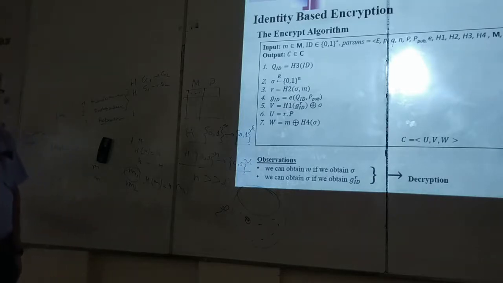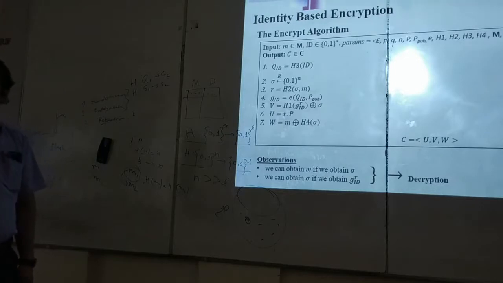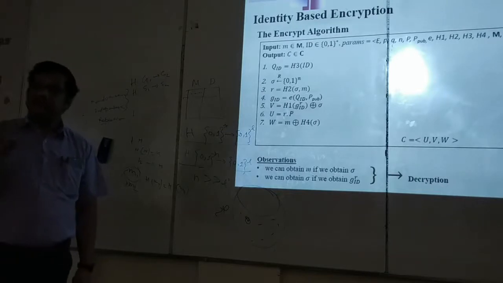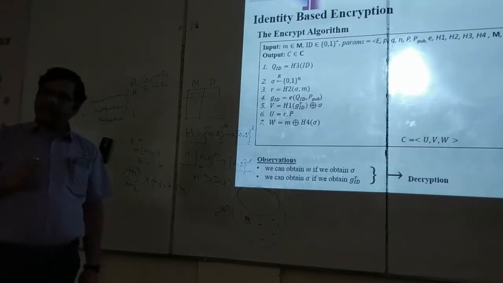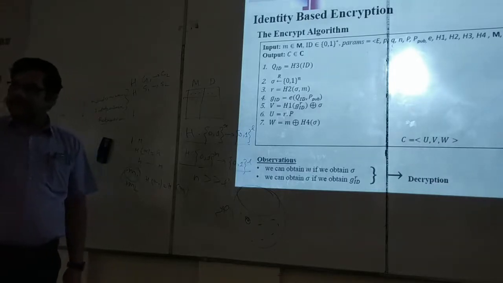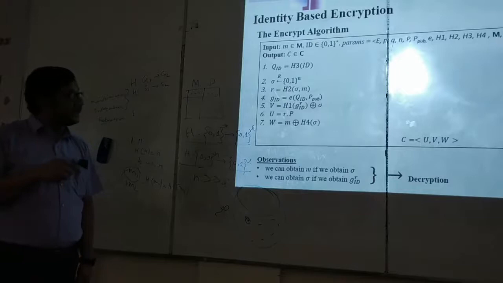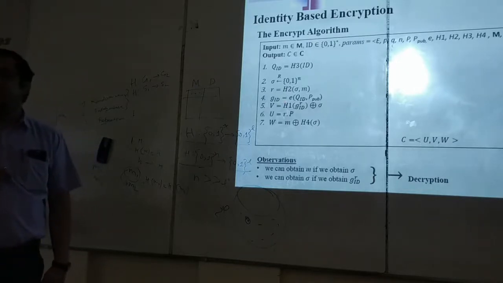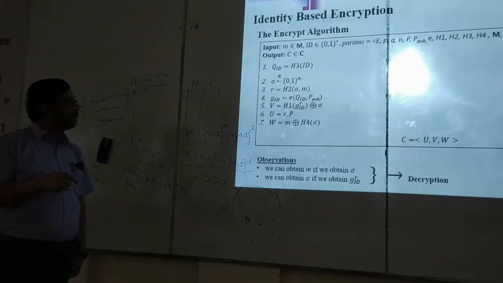See, again, if you recall ElGamal encryption that we discussed last class, any encryption algorithm takes a message, of course takes the public parameter, takes the public key. In addition, it takes a random number. Is it not true? Because the purpose I have already described, otherwise the same message will not generate different ciphertexts. Here, this is the randomness that we are introducing in the encryption algorithm. We are taking a random n-bit string. Remember again that the message size is also n bits. So we are introducing a random n-bit string.